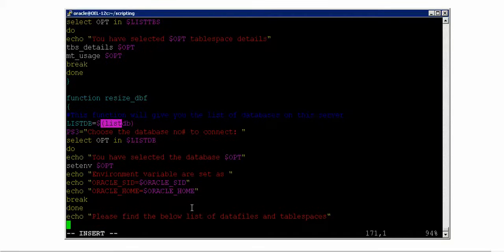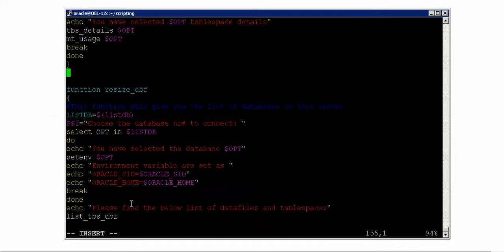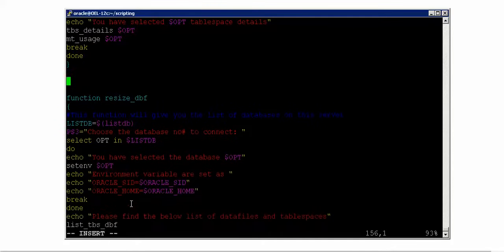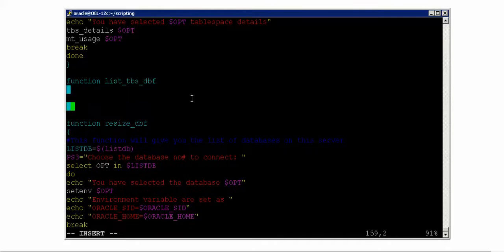Now you should say list TBS and DBF. So you have to write another function now to do this job for you. Let me go and create this one. Function, this one, open the function and then close the function.